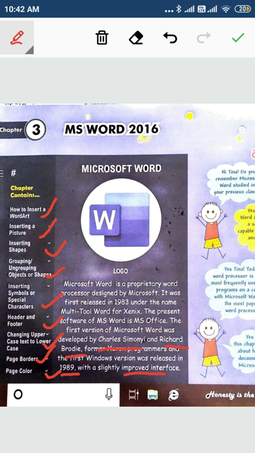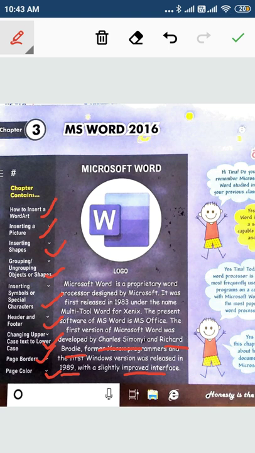You can use different shapes. It has multiple shapes also, like square, triangle, hexagon, cloud shape and many more. It has many symbols also, like you can use mathematical symbols, if you are going to type some mathematics questions. With the help of MS Word you can insert those symbols also.